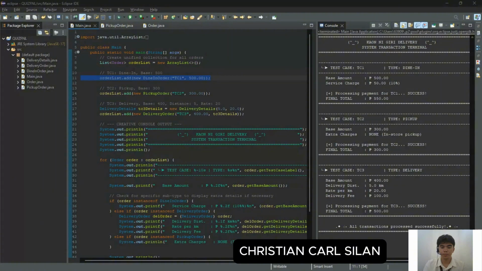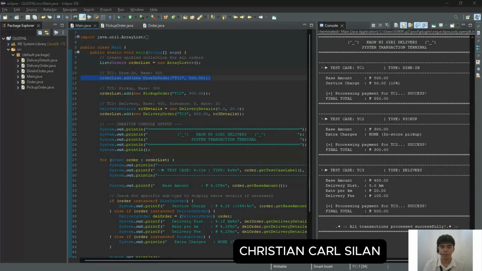So let's proceed to the if else. This block uses the instanceof operator to identify the specific type of each order, allowing the system to display relevant extra details like service charge, delivery fees, and for delivery orders, the code performs downcasting to access specific methods in delivery order that aren't available in the general order class.